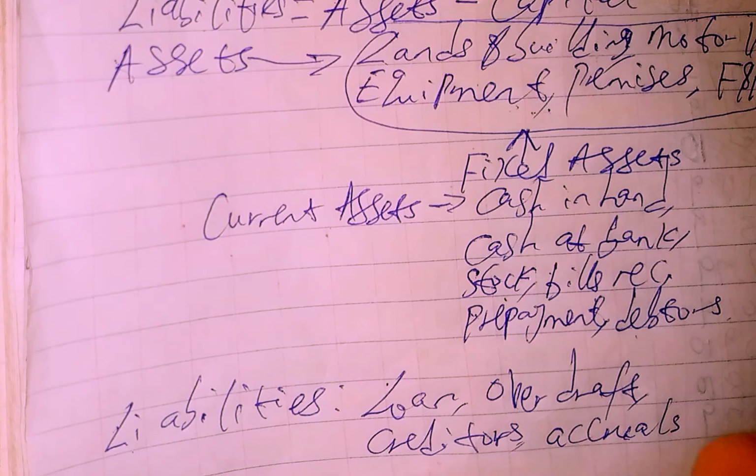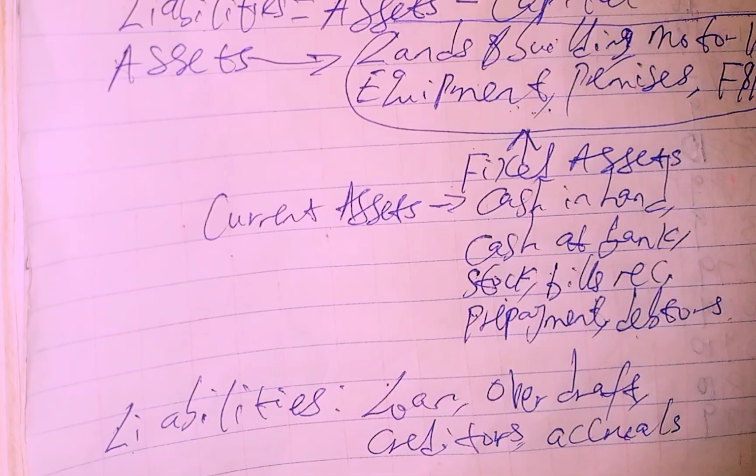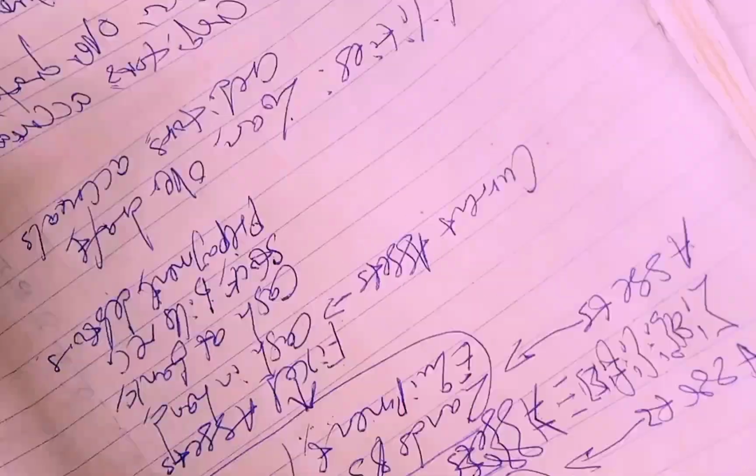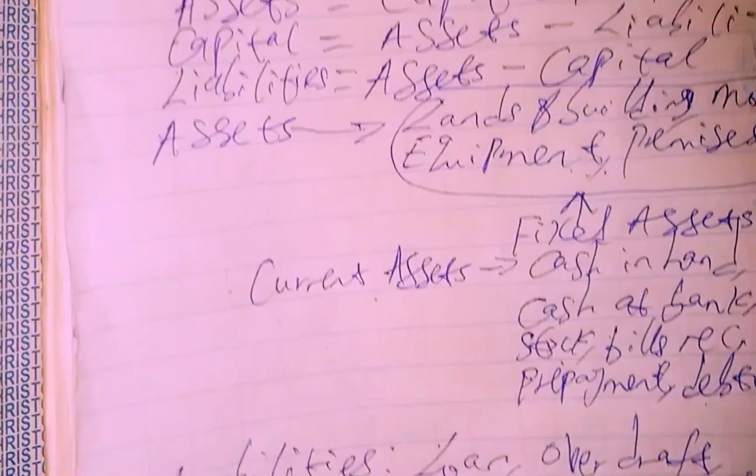We'll be looking at that when we treat balance sheets. Liabilities are divided basically into two categories: the non-current liabilities, or long-term liabilities, and also the current liabilities. Okay, so remember I mentioned earlier today that we'll be looking at the summary of